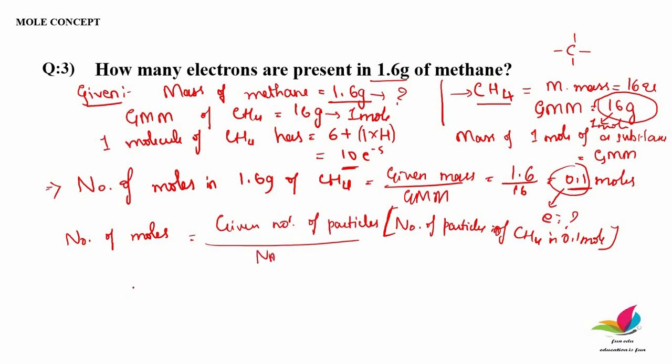So number of moles we have calculated just now, 0.1 moles. That will be equal to this we have to find out. So for simply I'll write it as X divided by Na, that is Avogadro number, 6.023 into 10 to the power 23. So on solving, how much you will get? X will be equal to how much you will get? X you have to find out. 0.1, this you have to take it here. So 0.1 into 6.023 into 10 to the power 23 you have to do.